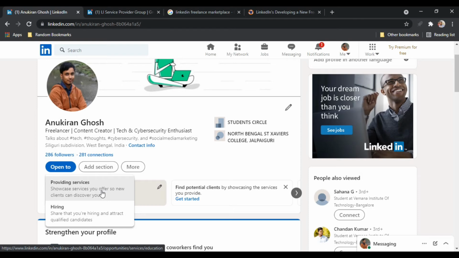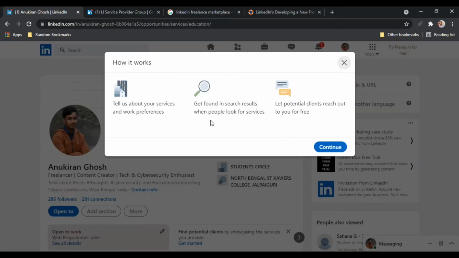So click on this option called providing services, and then you will get to see 3 steps. Tell us about your services and work preferences. Get found in search results when people look for services. Let potential clients reach out to you for free.